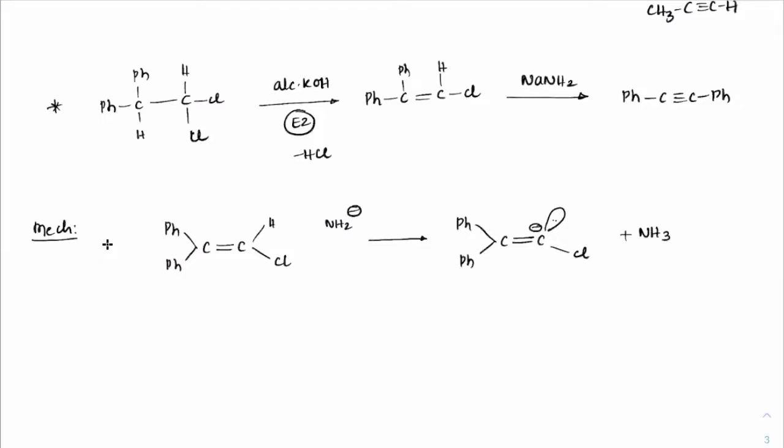This is what you would get. As this minus charge will support a triple bond, this phenyl group will shift here and chlorine would leave, because carbon is getting an extra bond from this C minus charge. So one of the bonds has to break. It will break as Ph minus. That Ph minus will attack this carbon, removing this Cl minus. Thereby we would get the product as Ph, C triple bond C, Ph formation here.